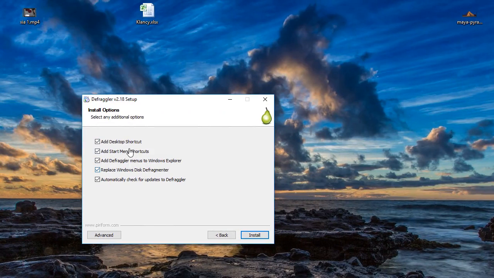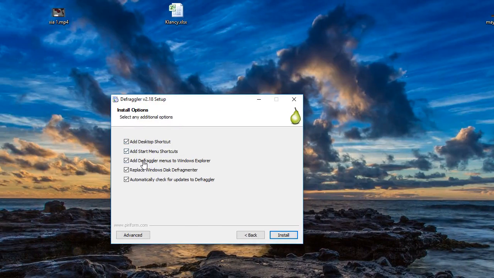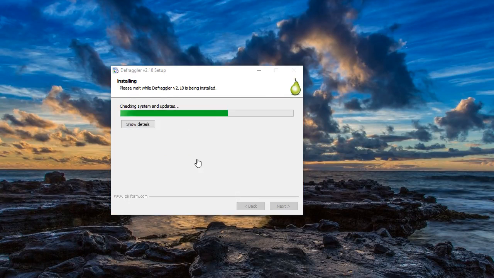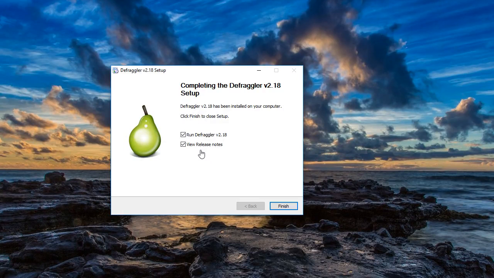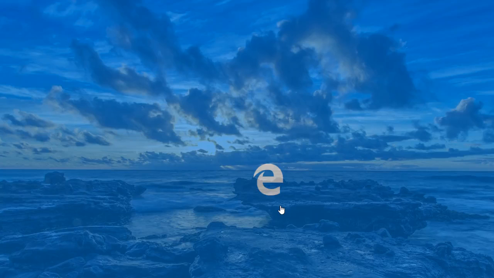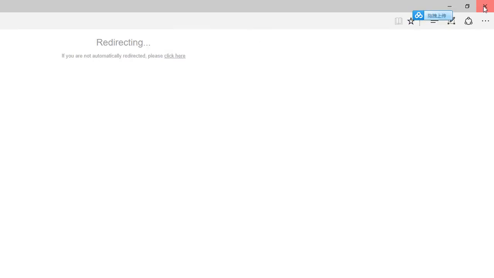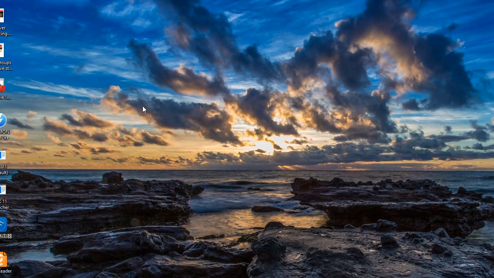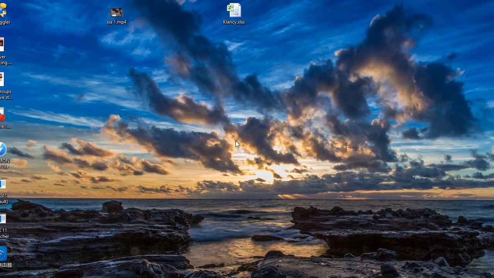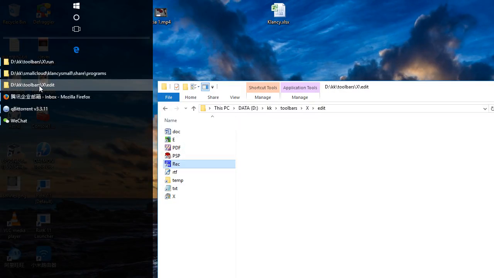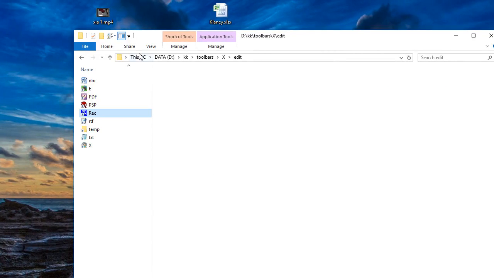When you're installing defraggler, take a quick look at the options I'm choosing here. Pretty much all of these are good. It's good to skip checking for updates. It's a very lightweight program. It only takes a few megabytes of space. And it integrates with Windows, which means if I open up any folder, just like this folder, I can go